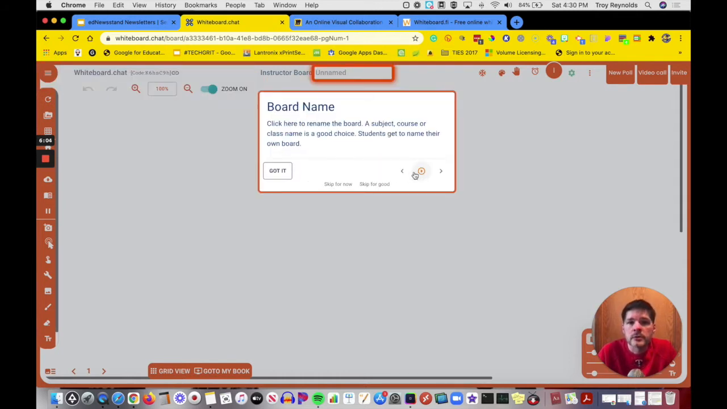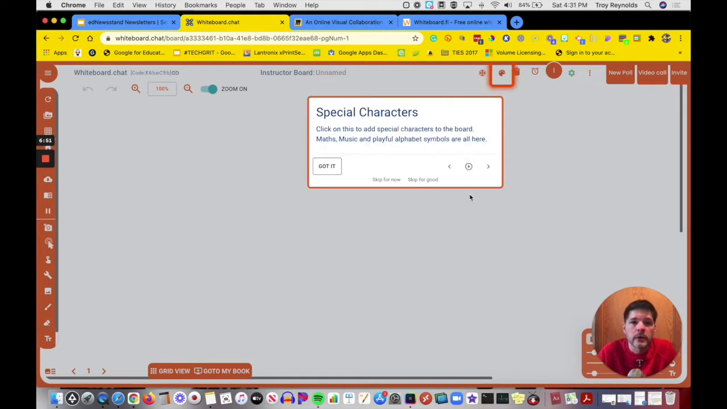Give your board a name so it's easier to recognize what your board is all about or what lesson plan your board is all about, and then students will get their own name on their board. You name your board for you, but then when students are working, students can actually name their own board. After the board name,